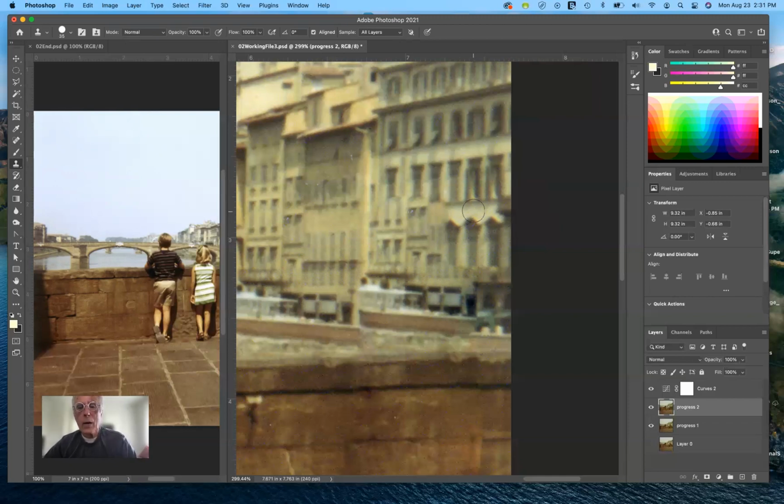And now I need to capture that area. So to do so, I hold down the Alt or Option key, depending on what you're using, Mac or PC. So I hold down the Option key on the Mac and I click. Now when I move over, you see that that little piece is moving with it. So now I can click